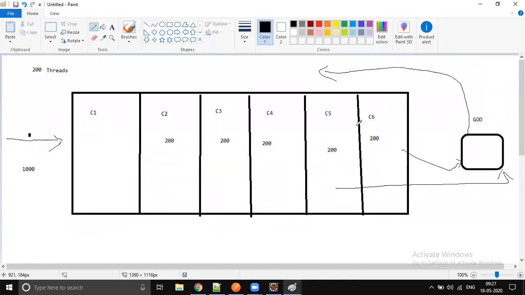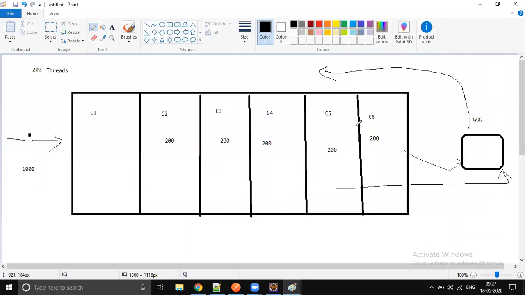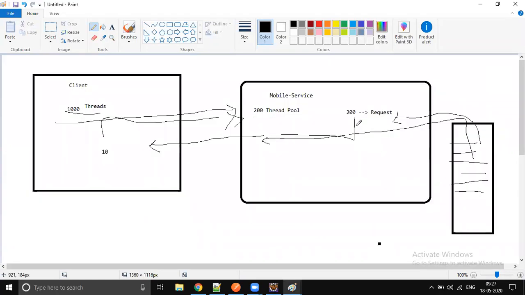Even though 1000 devotees are coming, we can't send all 1000 devotees to the temple. We will put them in a compartment and send them batch by batch. That is what is going to happen on the server also. We can't send all 1000 requests, or all 1000 devotees, in one go, because the capacity of Spring Boot Tomcat is a maximum of 200 threads, so it can serve only 200 requests.